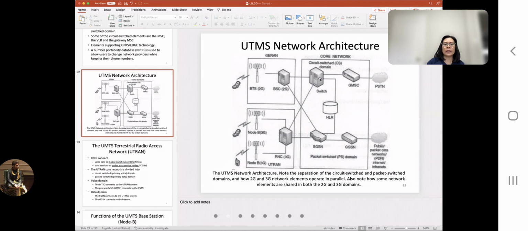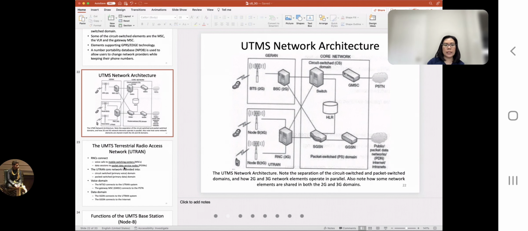And then the gateway mobile switching center connects this part to the public telephone network. In the data domain, the RNC is connected to the serving support node, or the packet data service node, right? And then we have a gateway here, right? The gateway support node is connected to the internet. Okay, so that is the description of the UTRAN